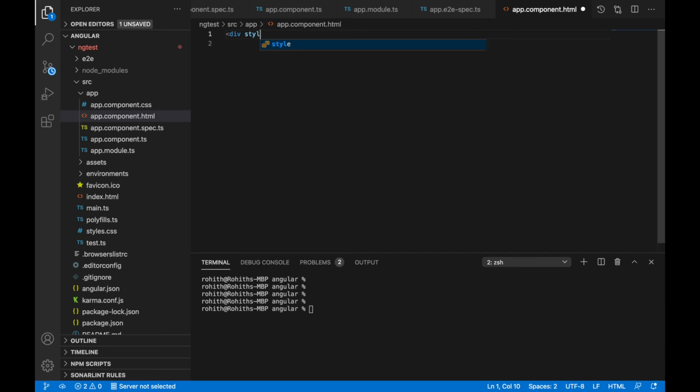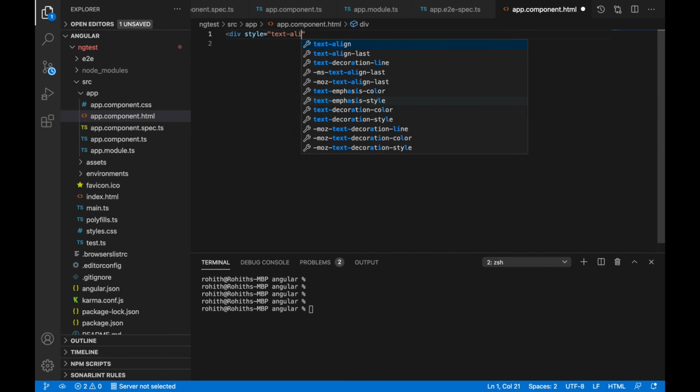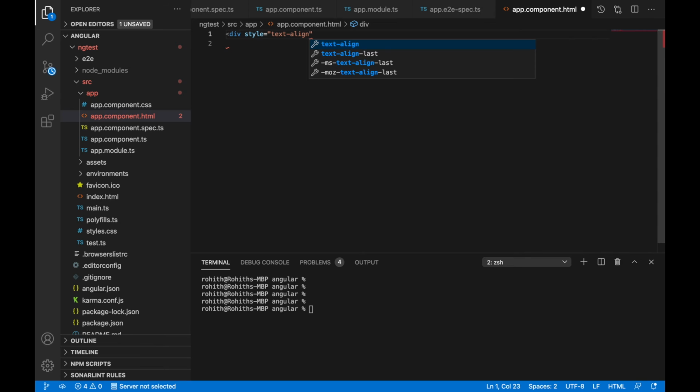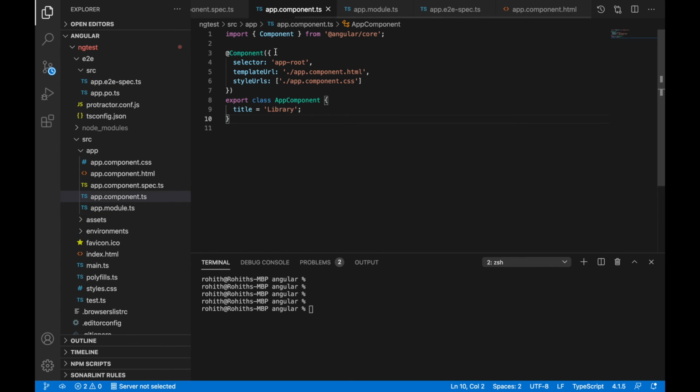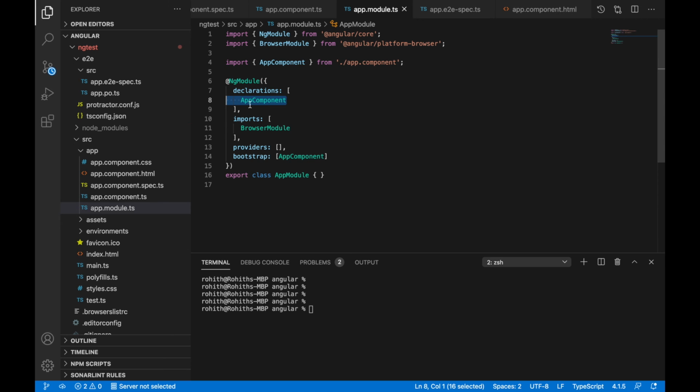Let's do a quick div, and we'll center this text, and let's make an h1 tag, and we'll do welcome to title, and this will access the title variable via interpolation from this app component, since app component is what's being used in our declarations too at ng module,